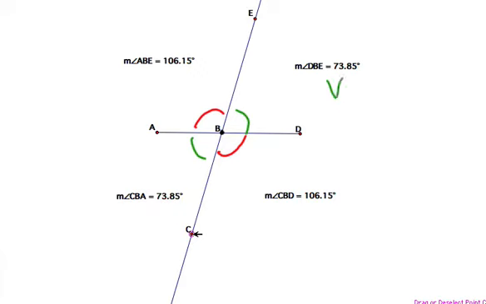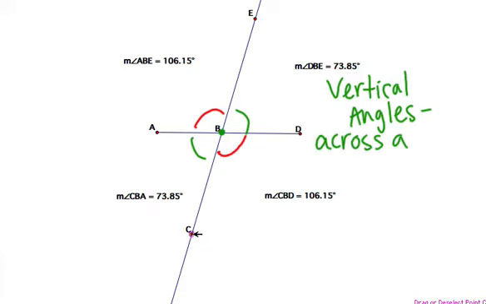So that's called vertical angles. So vertical angles are angles across a common vertex, in this case B. Remember, a vertex is that point of an angle, right? The sharp pointy end of the angle. So vertical angles are across a common vertex, so a vertex they share,